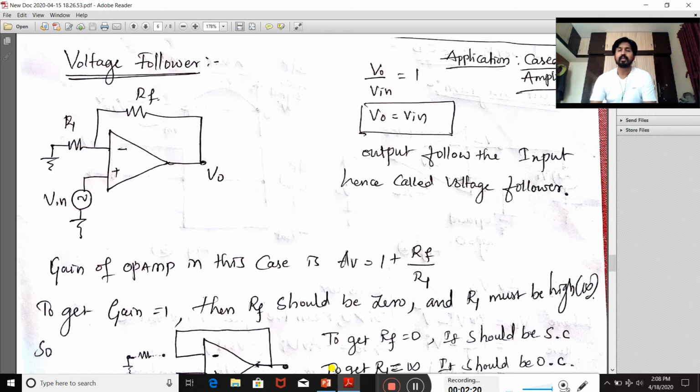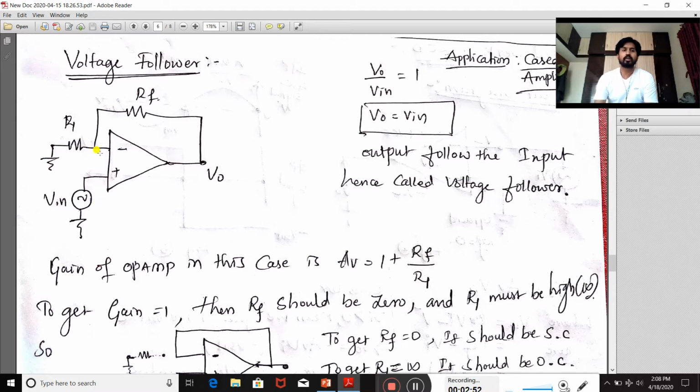Now, let's see how the operational amplifier acts as a voltage follower and how it works. This is the circuit diagram. This operational amplifier has negative feedback, and resistor R1 and resistor RF are connected to limit the current. Now Vin, that means the source, is connected to the positive terminal. That means here it is a non-inverting operational amplifier, you can see.